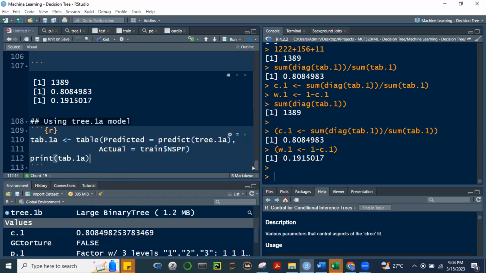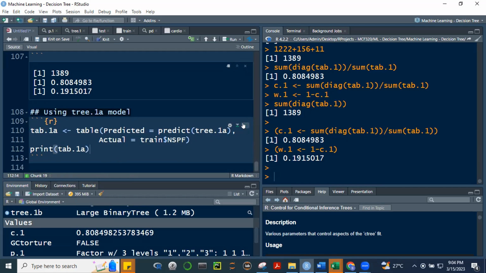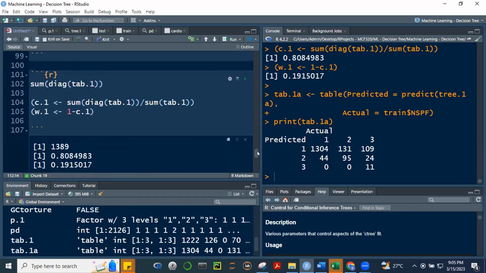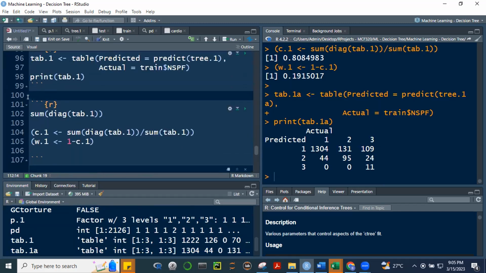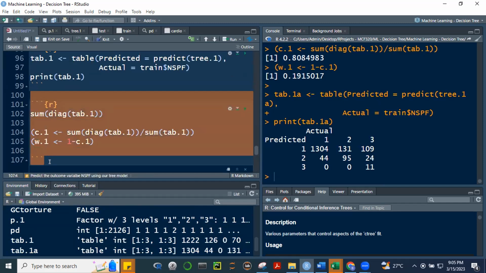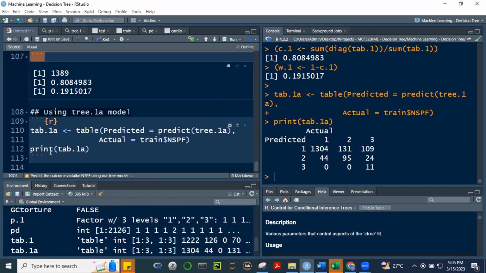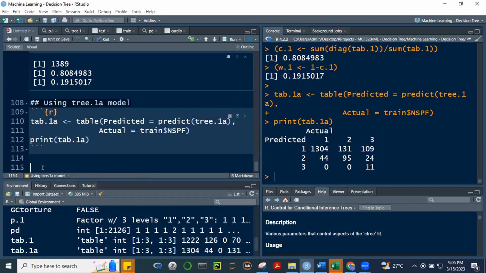Okay, so let's see. Okay. All right. 1304.95.11. So let's just compute kung ilang percentage yung tama niya na prediction.